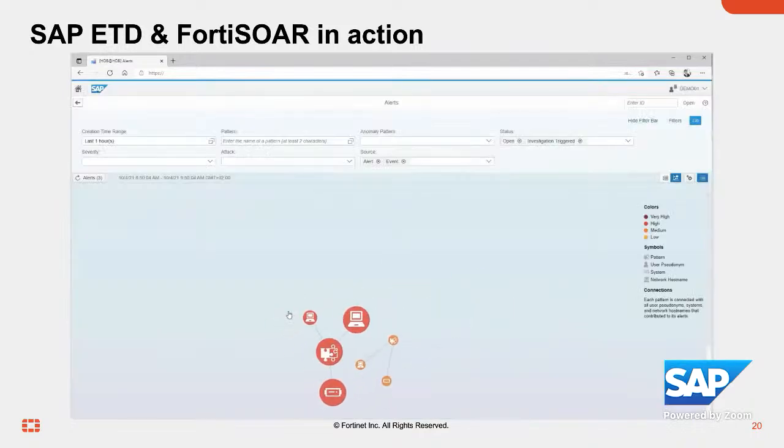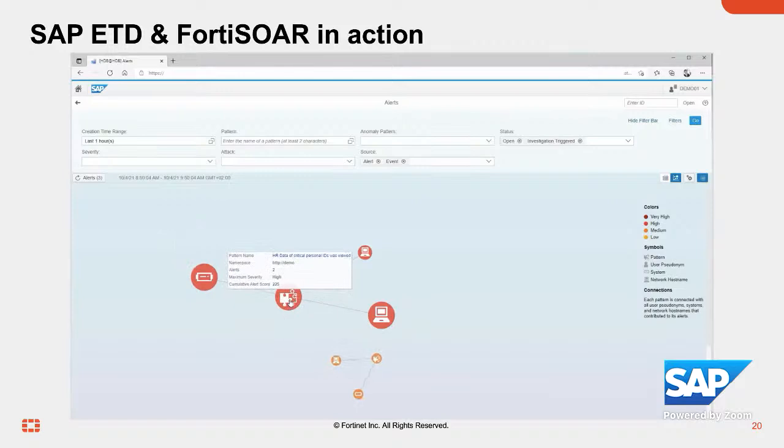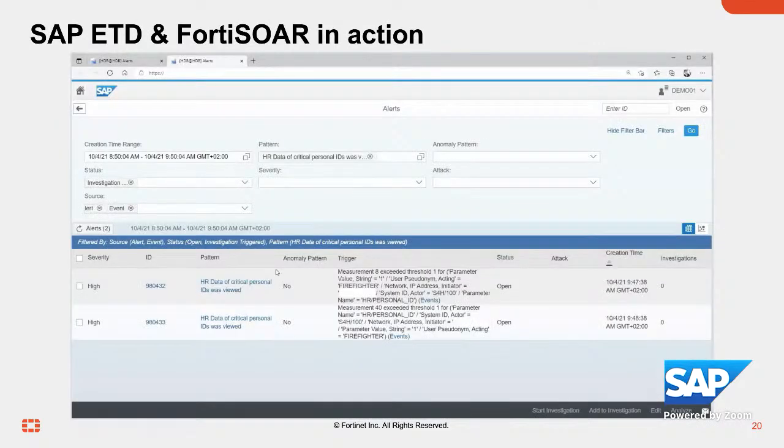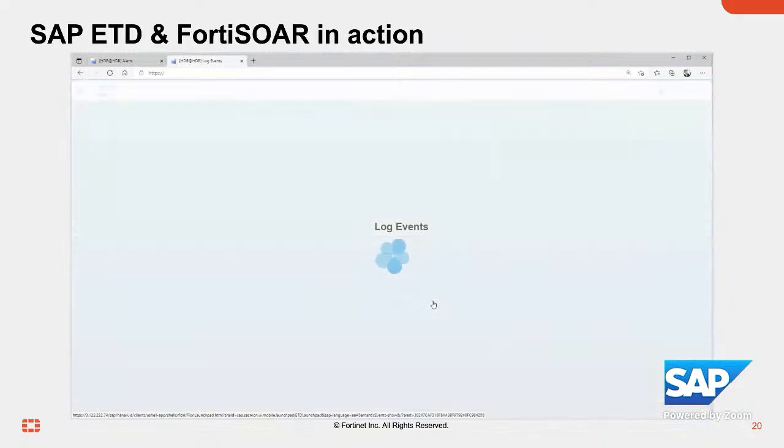And when we go into that graphical view here, we can already see that attack cluster, where we can see which system is being attacked, what client is, for example, being attacked, and what pattern or what use case is behind that type of attack. And that was the spying out of a critical person's ID information. And then we also see the amount of alerts, and from which terminal this was being executed. When we then follow up into the listed details here, we get all the event details.